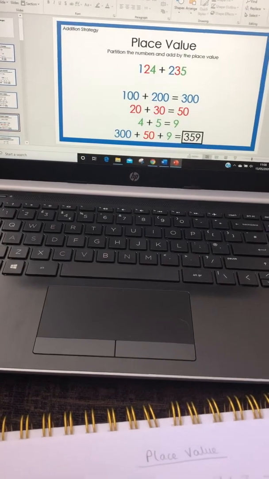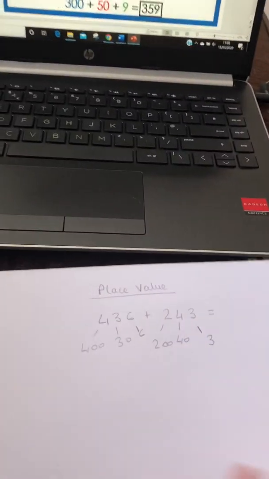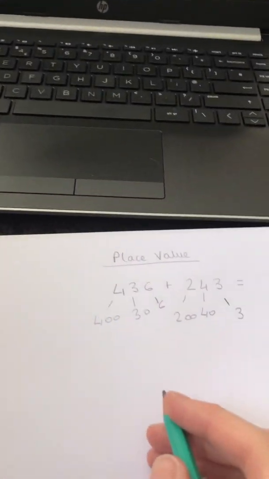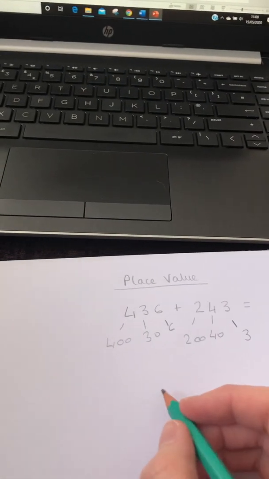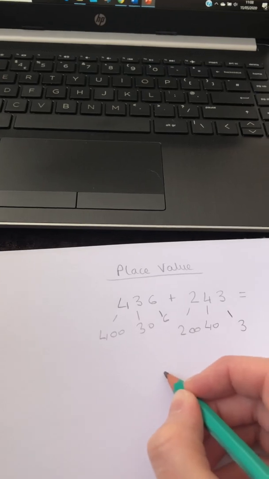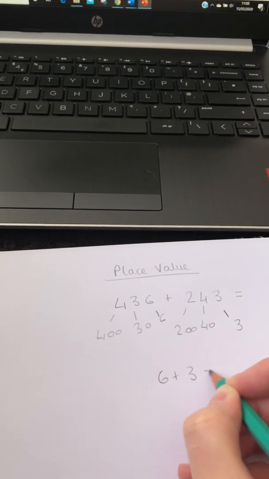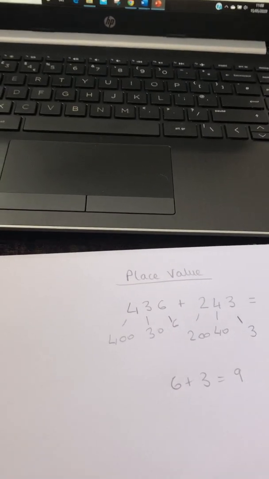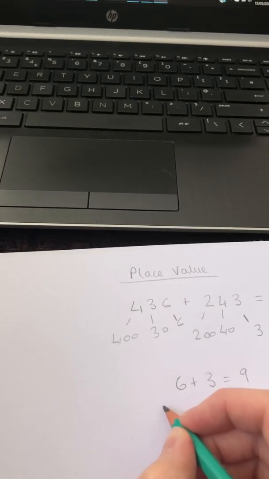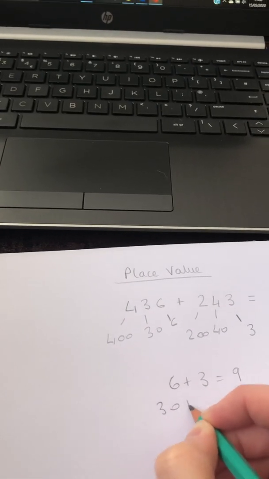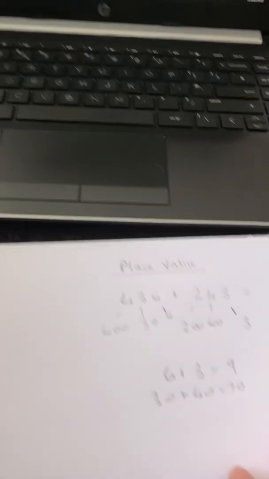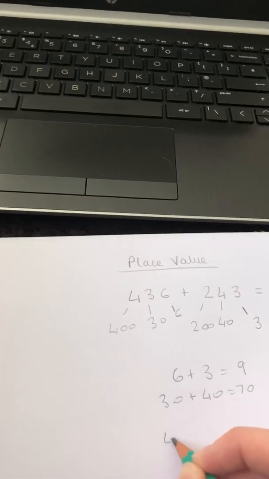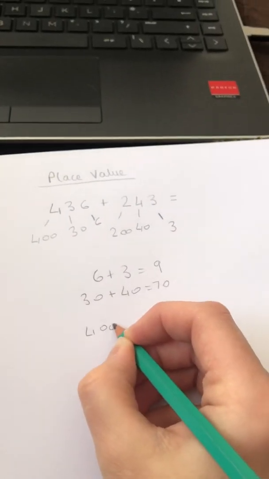This one's doing it more of a linear way, so either or, as long as you don't get yourself mixed up and that you're adding units to units, tens to tens and hundreds to hundreds. Okay, so let's go with the 6 add the 3 equals 9. The tens is 30 add 40 gives us 70, and then our hundreds is 400